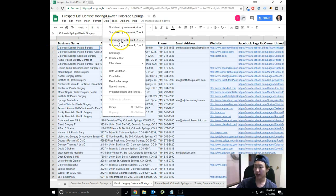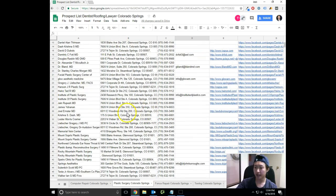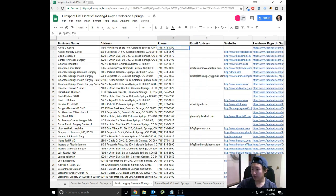But sort range, and then when you do that, boom! Now it's going to have everything on there with the correct phone number and everything else. So everything's going to be set up correctly, and then you can just start sorting out and then filtering out for duplicates. So how I would filter out duplicates, one thing you could also do is